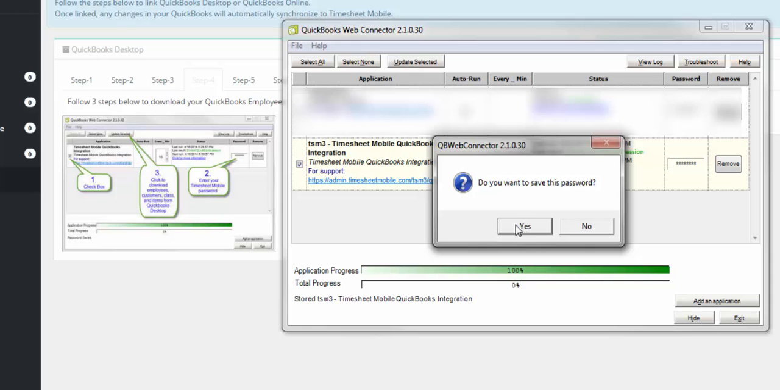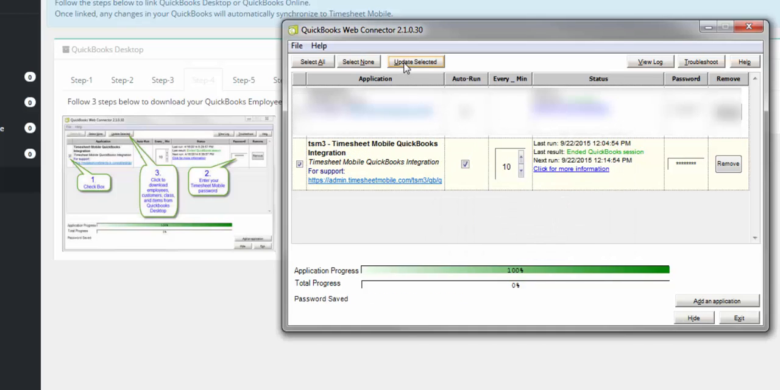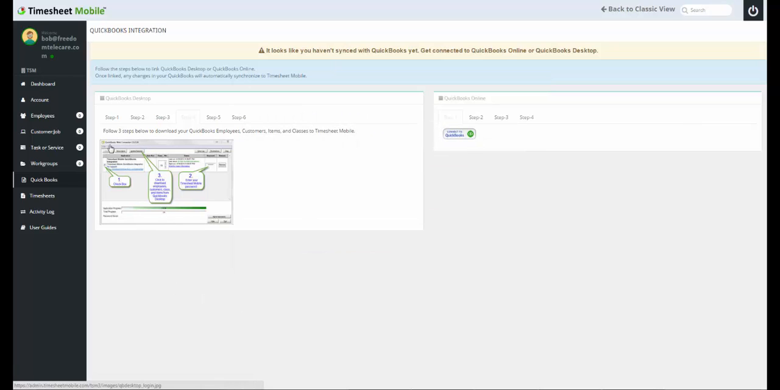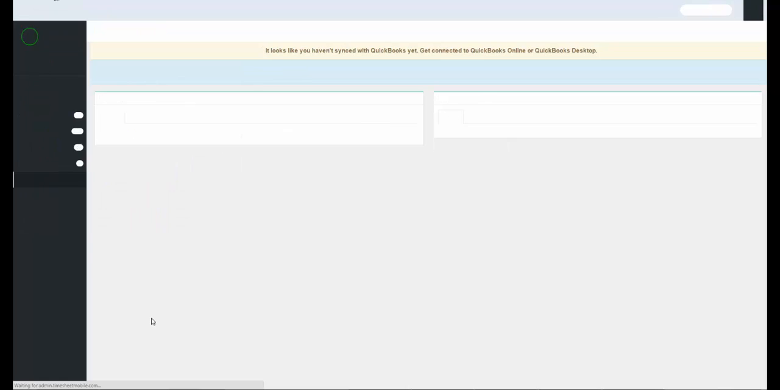And now we want to save this, yes. Update selected. And at this point it's going to import all our employees, customers, and items to the Timesheet Mobile account. The first time you run this, it can take some time, especially if you have a lot of employees and customers. In this account we've got roughly a few hundred customers and maybe about 30 employees. So that completed successfully. Now if we go back to our Timesheet Mobile account and refresh the browser, we see